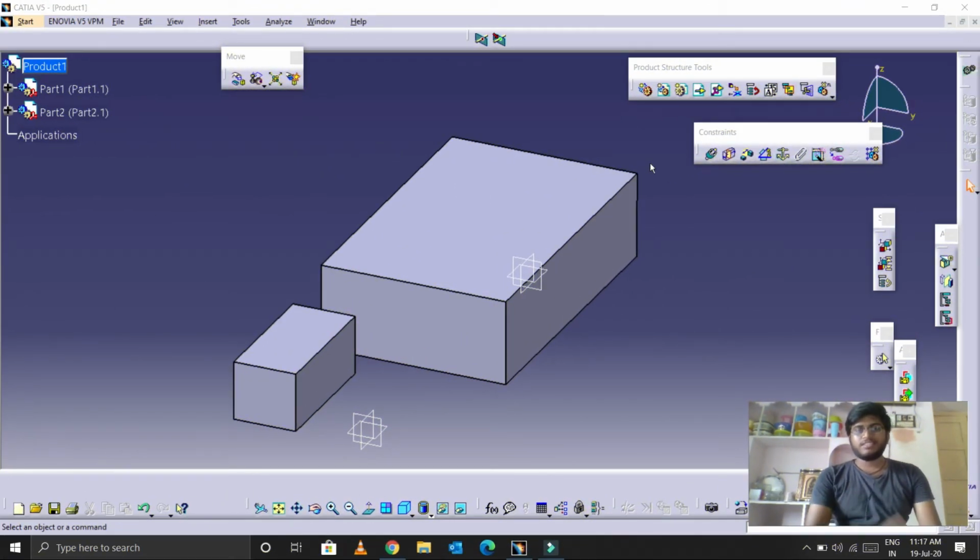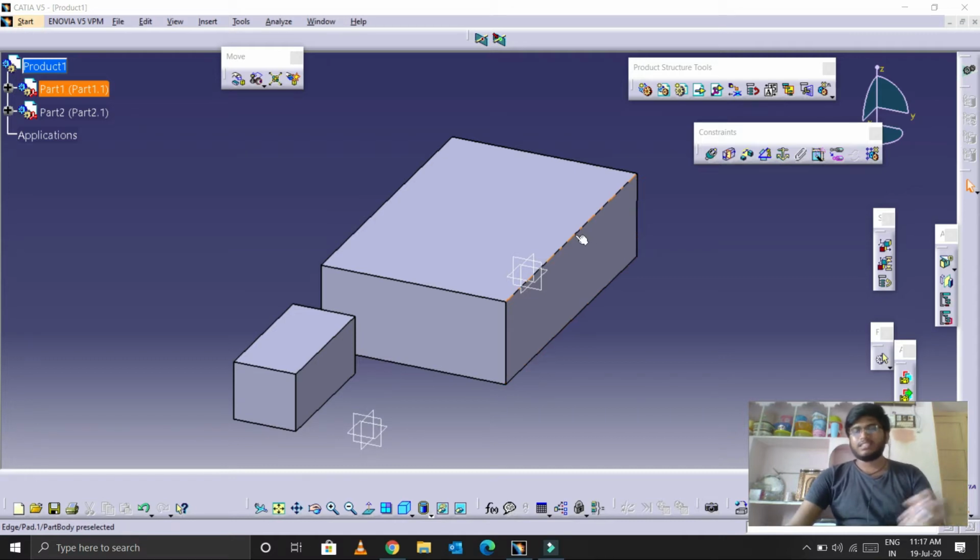In the previous session we discussed some of the commands in assembly. So today I will show you visually how the commands work in assembly mode. Here on the screen I have already imported two sketches, one is a rectangle, and the other is a small change in the rectangle, so the dimensions vary between the two rectangles. Now I am going to apply all the commands one by one, explaining visually.